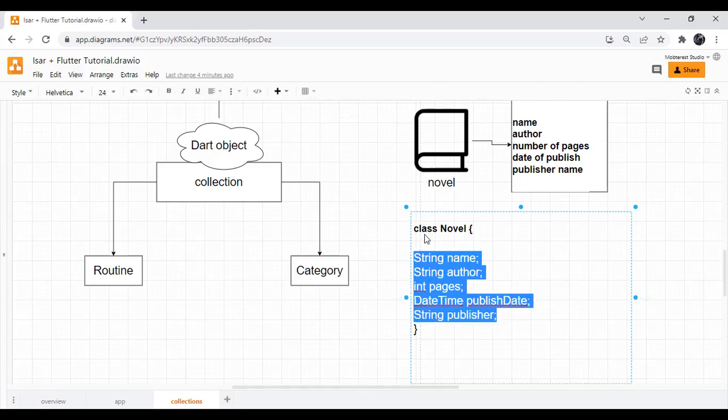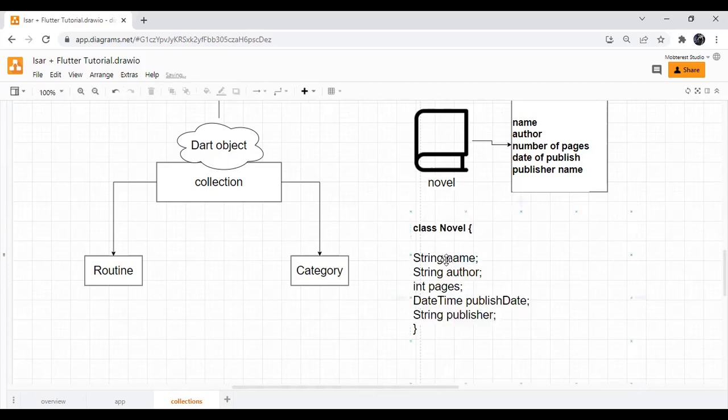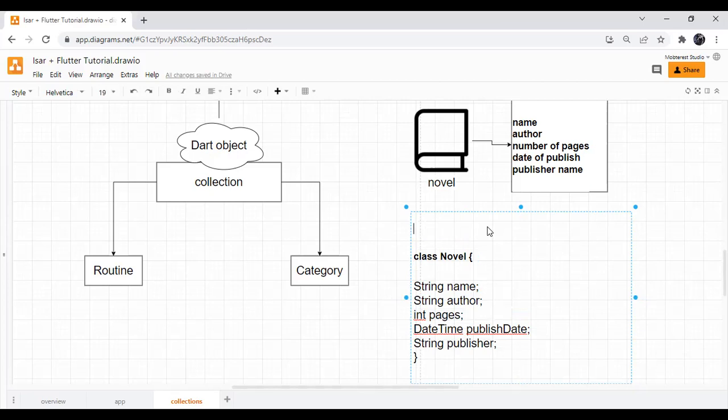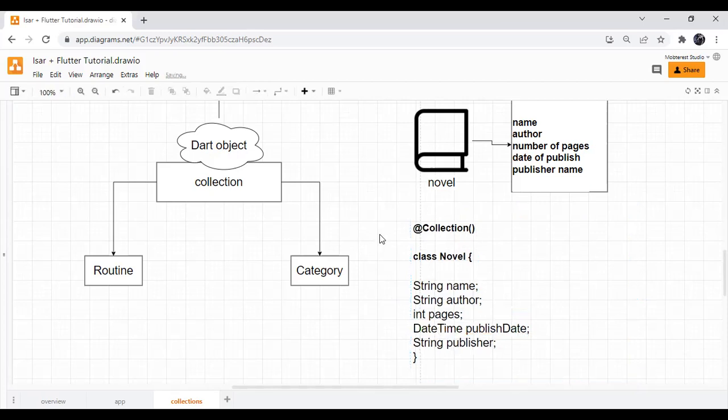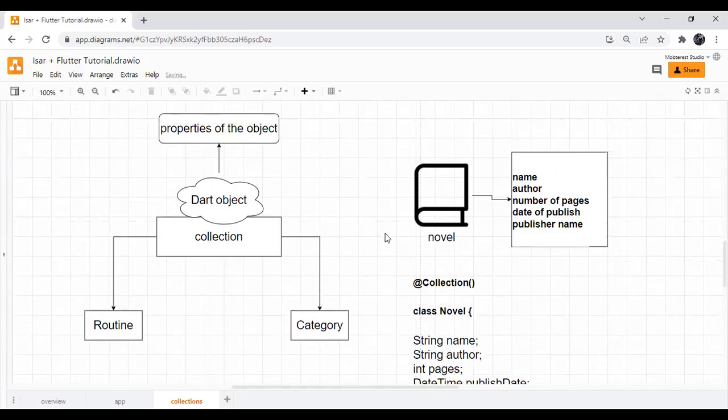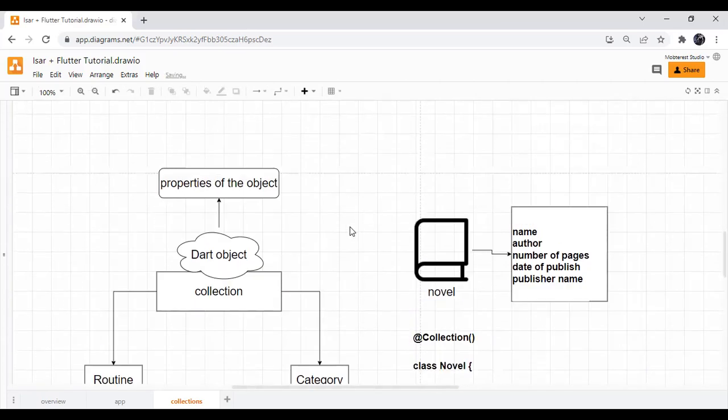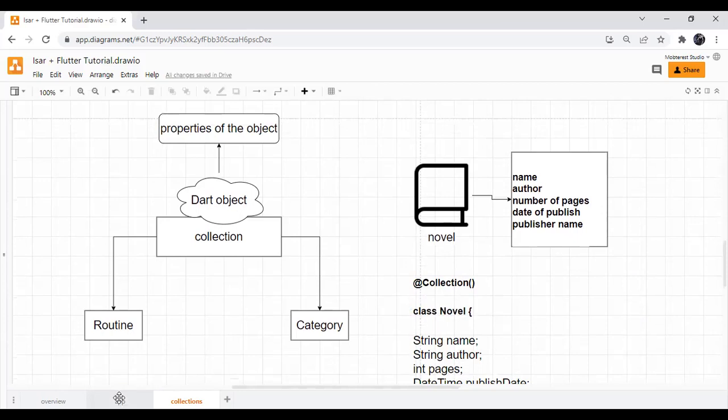But now, for Isar to actually identify this class as a collection, we need to annotate it. And for us to annotate it, we add @collection. So with this, Isar will be able to identify this class as a collection within it and be able to use it. So when we go back to our project, our app,